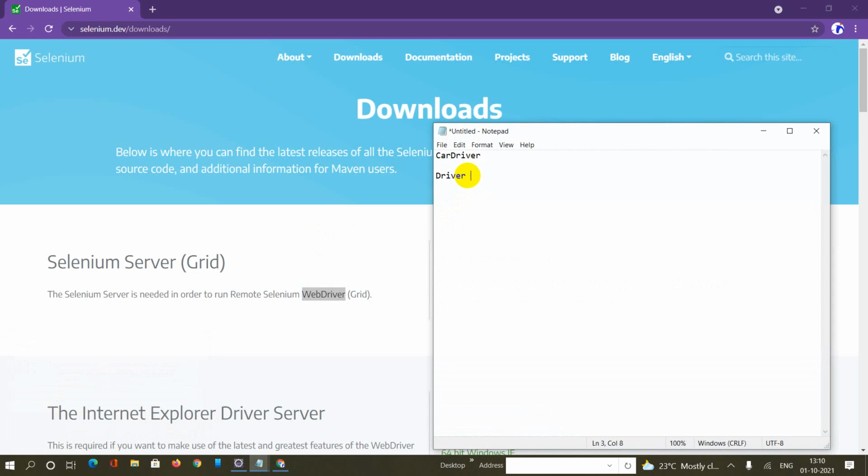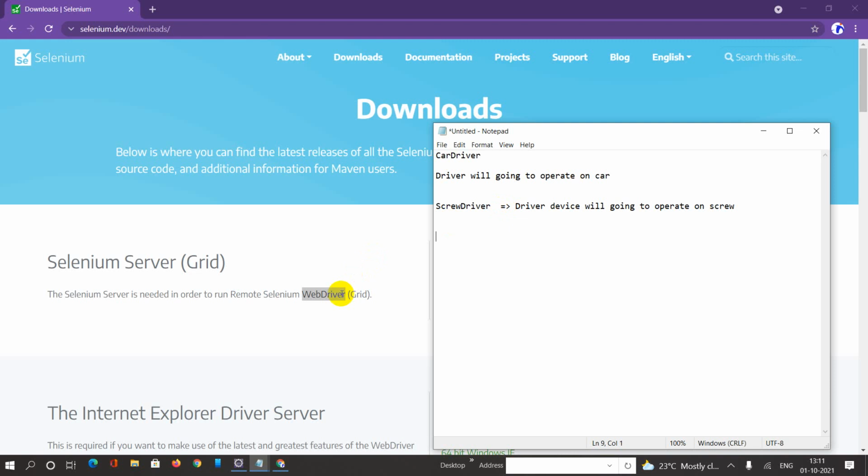The driver is going to operate on a car, right? What is a screwdriver? A screwdriver is nothing but a device, you can say a driver device, that is going to operate on a screw. So in Selenium, WebDriver plays an important role. You need to understand how the WebDriver works exactly.